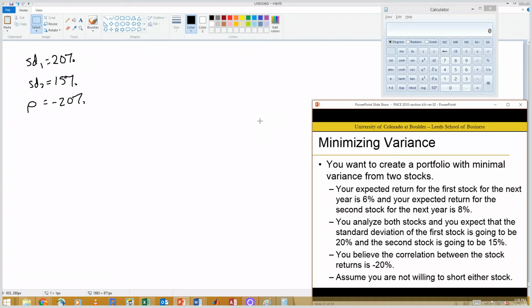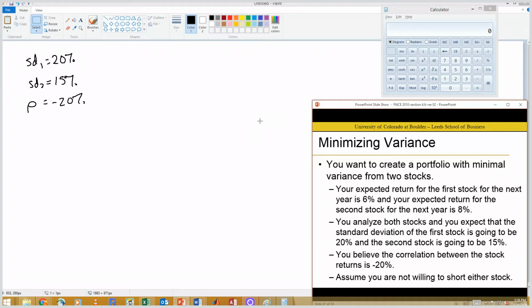Okay, in this video, I am going to use optimization techniques to minimize the variance of a portfolio. So the scenario we have is we have two stocks. We have expected returns for those stocks for the next year. We have the standard deviation of the returns for those stocks for the next year. We have the correlation between those returns for the next year, and we're trying to construct the portfolio with the